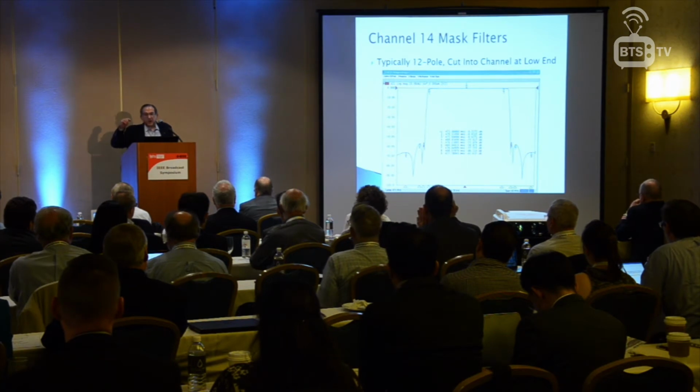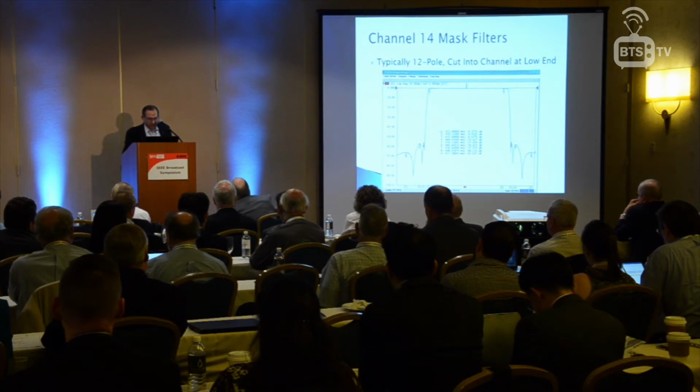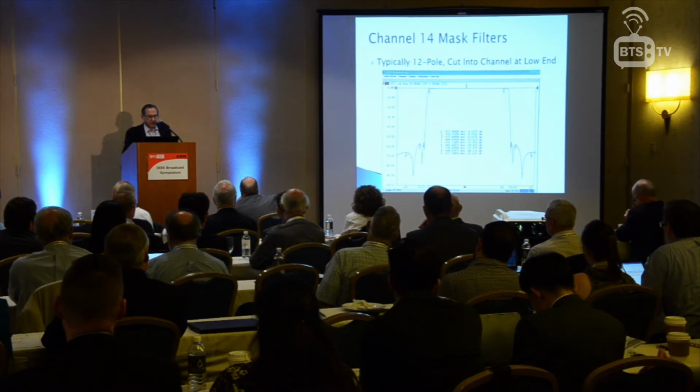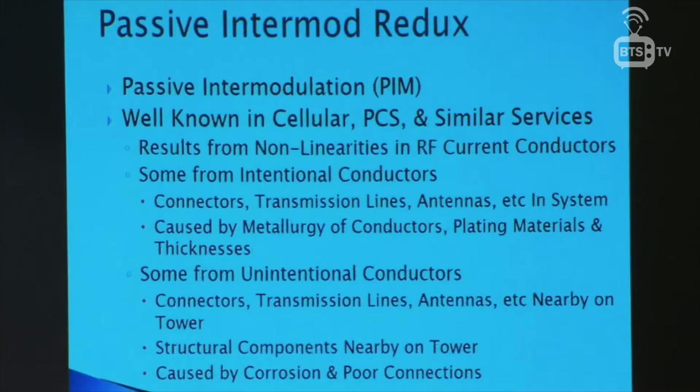Unlike the typical mask filter where you have to be down 110 dB from channel power, 6 megahertz away, that is one channel away, in order to protect land mobile, you have to be down much more quickly. Now, even if we do that, that's not going to solve all the problems. Remember that the next thing that I mentioned was passive intermod. And I call this passive intermod redux because we're going over again stuff that I've shown in this conference several years ago. But just for those of you who haven't seen it, passive intermod, or PIM, is well known